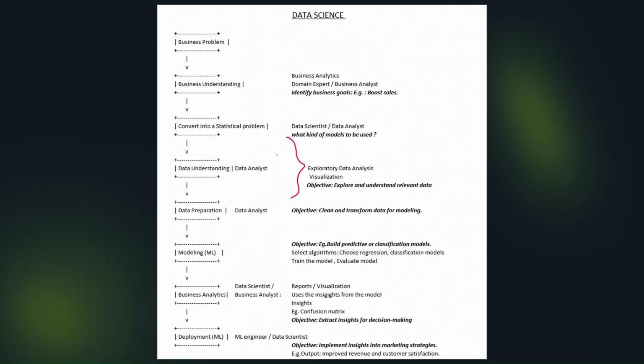Data will be there, and data scientists will analyze the data and check what is the suitable algorithm for this, because they wanted to boost the sales, right? What are the projected values that are influencing the sales? What are the independent variables which are causing the sales, which are influencing the sales? So they will identify that one, and they will choose the relevant algorithm. What is the model that is required for that? It may be regression, it may be classification, depending on the requirement of the model. Okay, they will analyze that, and they will train the model and evaluate that model.